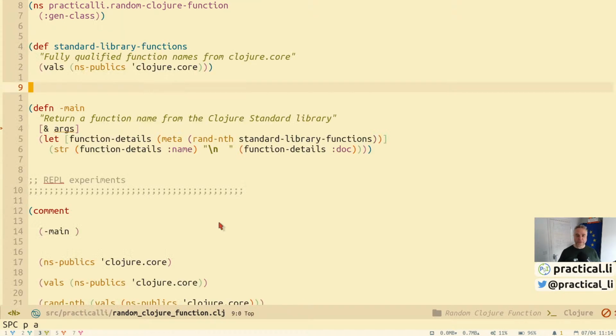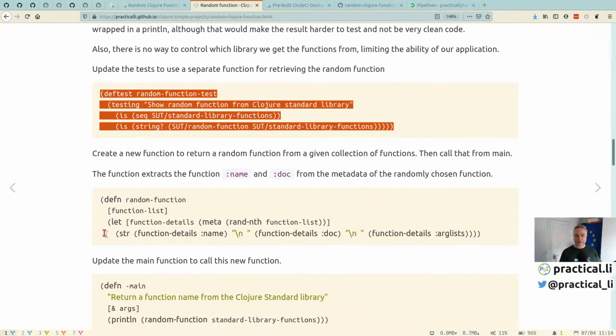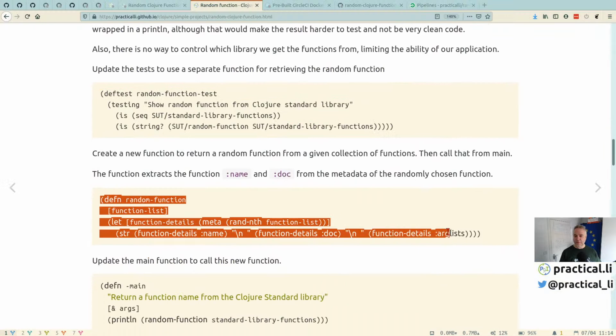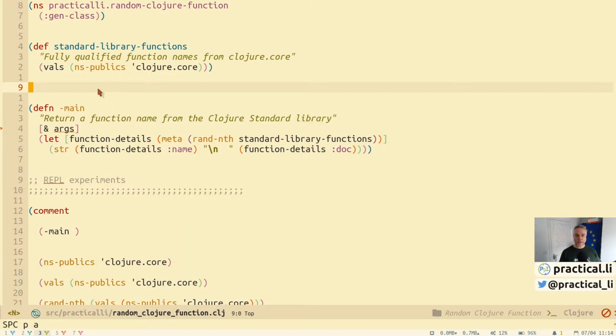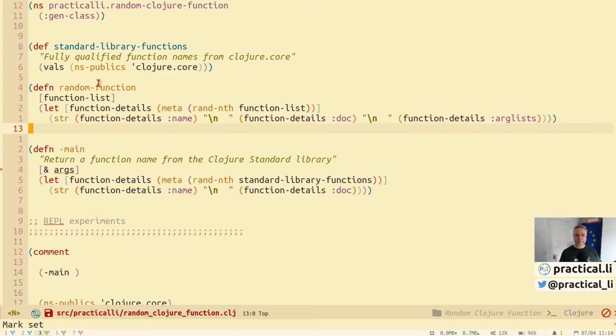So go back to the source, and we want a test. Did I define that already? I did. There we go. Let's just see if that's there. So we define that above the main function, because we're going to call it from main. And this is going to take an argument of function list. So it's always going to be a list of